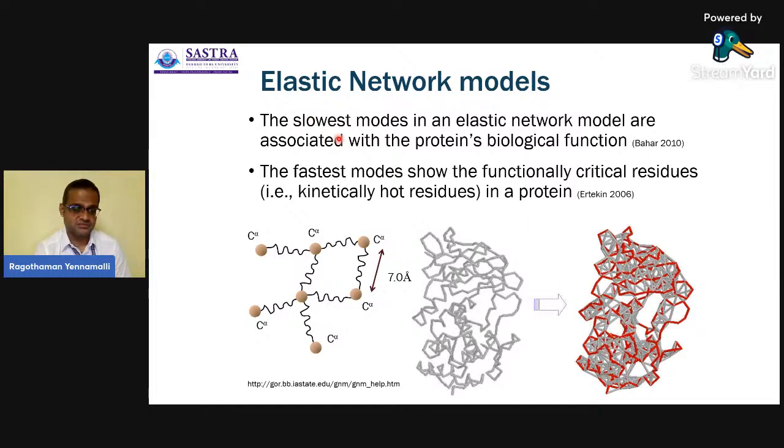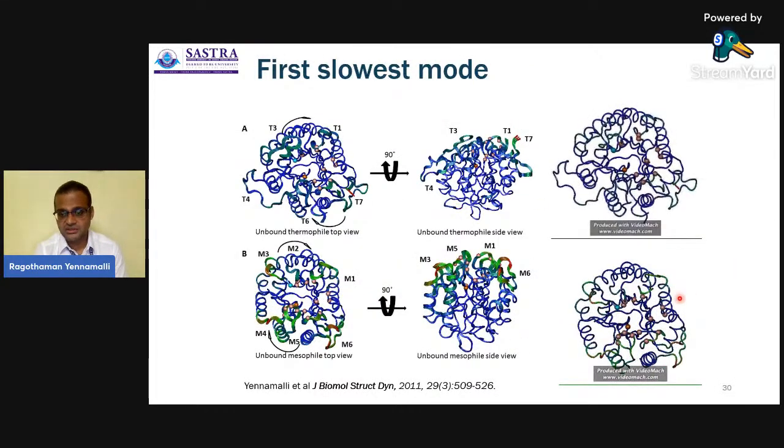So you get two types of modes. One is the slowest mode, the other one is the fastest mode. The slowest modes are associated with the biological function of the protein, and the fastest modes tell you which residues are highly fluctuating and are kinetically hot. So what we saw with the